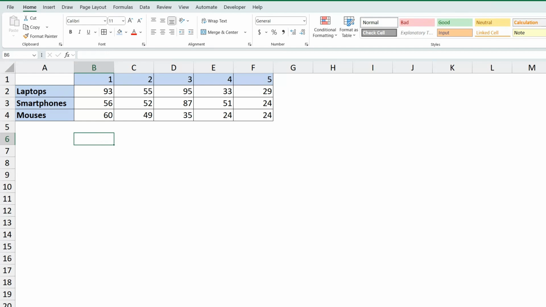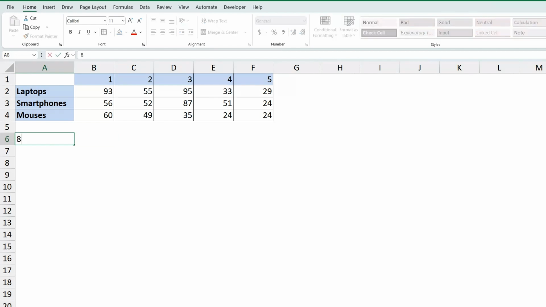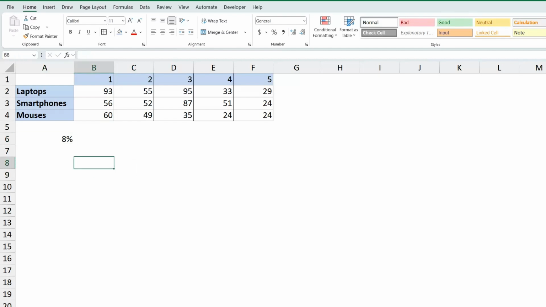Now if I want to name one cell, only one cell, I will put here, let's say 8%, and we will consider that this is a tax rate. So I will click on it. A6 will become tax rate. Hit enter. And now I will make the formula again, equal sum sales